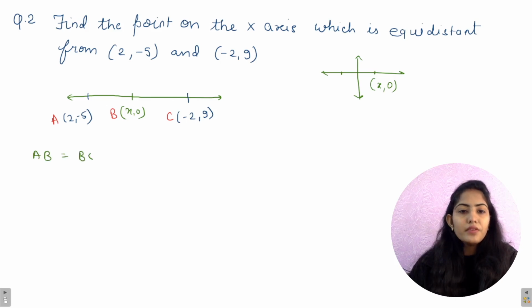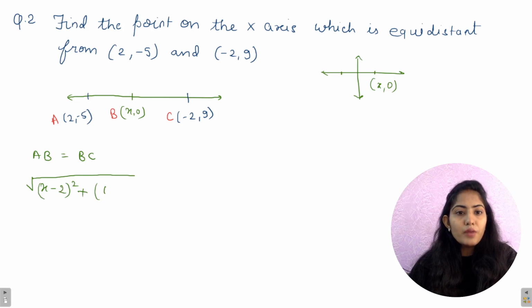So from this we can use the distance formula, and from that we can get the value of x. Okay, so let's see, AB is equal to what? Here we will put the value of AB. Here AB will be (x minus 2) whole square, plus y2 is 0, minus minus becomes plus, square,